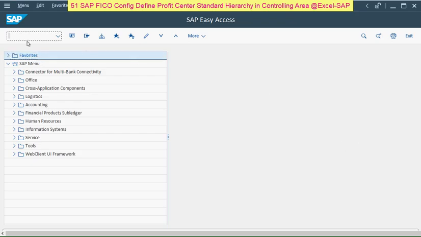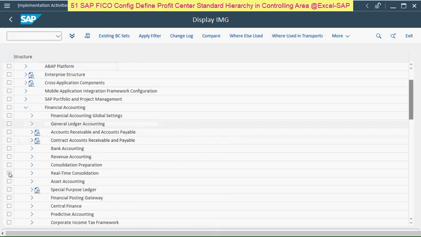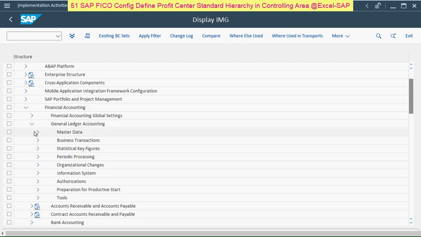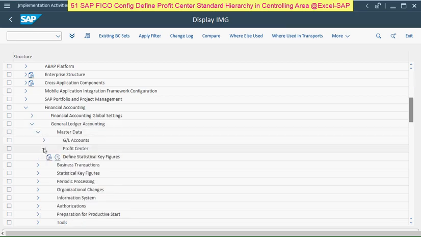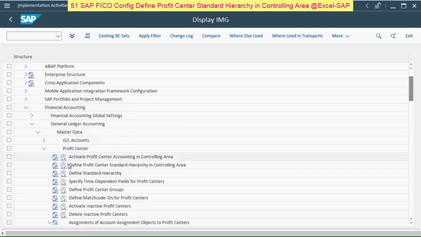So let's try here. Go to transaction code SIMG, press enter, then go to financial accounting, then general ledger accounting here, then go to master data, then click on profit center, and under profit center click here define profit center standard hierarchy in controlling area. Click here,